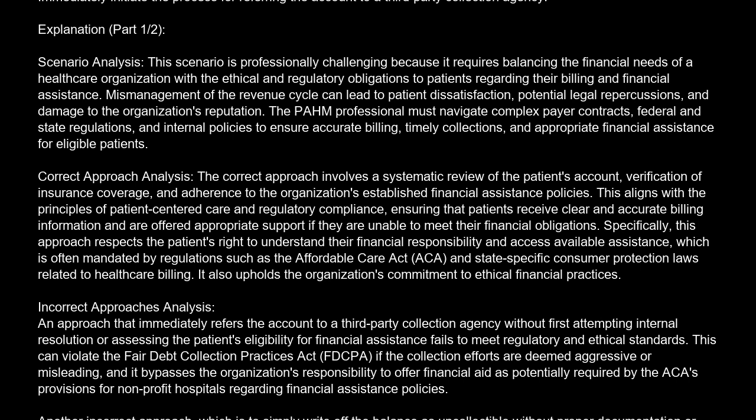Incorrect approaches analysis. An approach that immediately refers the account to a third-party collection agency without first attempting internal resolution or assessing the patient's eligibility for financial assistance fails to meet regulatory and ethical standards. This can violate the Fair Debt Collection Practices Act, FDCPA, if the collection efforts are deemed aggressive or misleading, and it bypasses the organization's responsibility to offer financial aid as potentially required by the ACA's provisions for nonprofit hospitals regarding